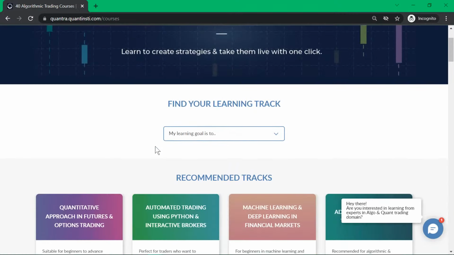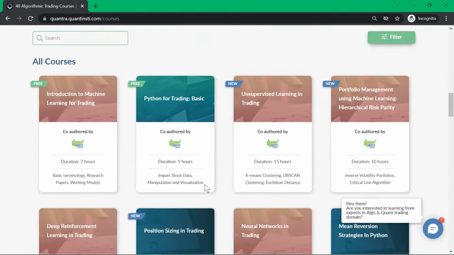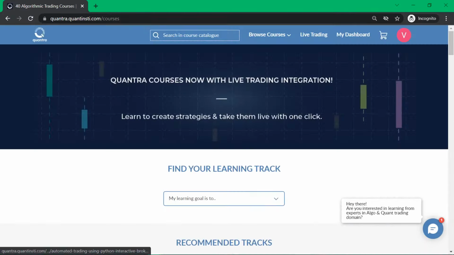So we have currently 40 plus courses in our Quantra platform. So as you can see, these are all the courses. So you can select any one of the courses and start learning. So now, since I want to explain a trend-based strategy, let me